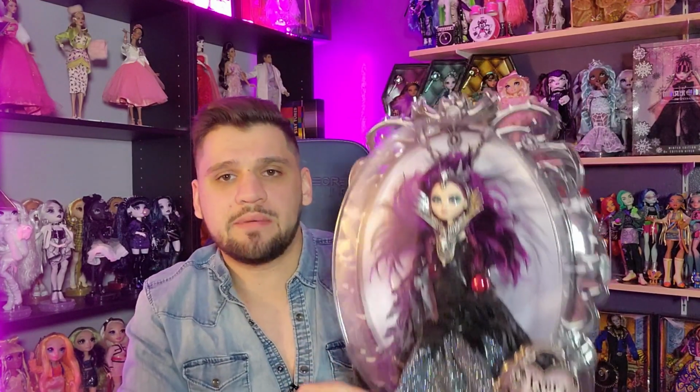So what I would like to see in the future from Mattel is sort of if they give them the Haute Couture treatment. I would love some more collector dolls from Ever After High. There's no reason that they can't reboot the series, even if it's just for collector dolls, kind of like what Bratz is right now, where Bratz is a lot of brand collaborations. Mattel could do a similar thing with Ever After High. I don't know if it would make a lot of sense to do brand collaborations, but even if they just brought them up for your occasional collector's edition release, kind of like they're doing with the collector dolls with